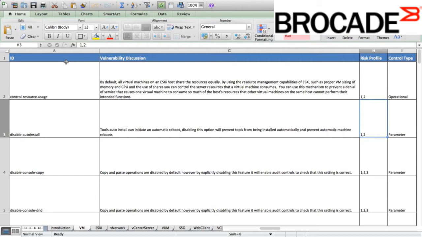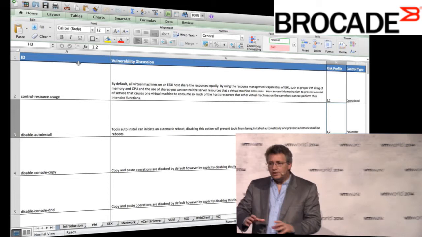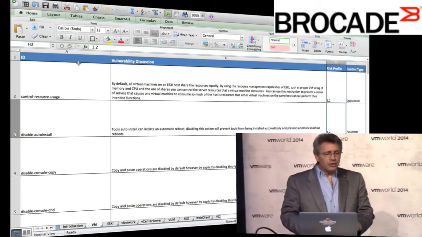a 1 and a 2. Notice it's not a 3. So if you are the general organization, you do not need to apply this. It's for the slightly more secure in the most secure environment. So the guideline says, we don't believe this is for everybody. It's not for everybody. That means, is it really for me? Right? So you got to really go through each one of these individually and figure out, is this really for